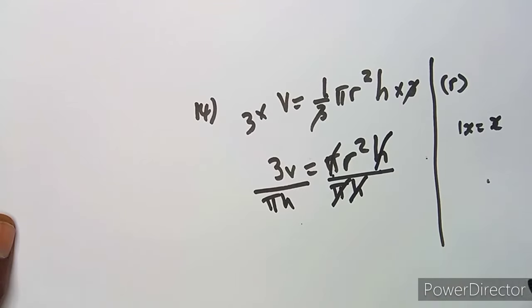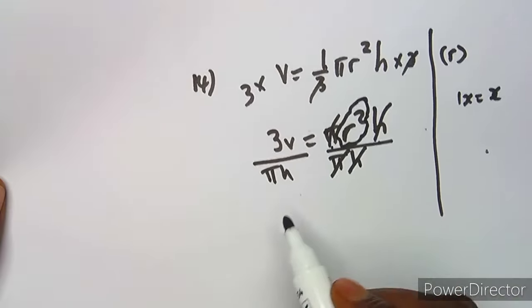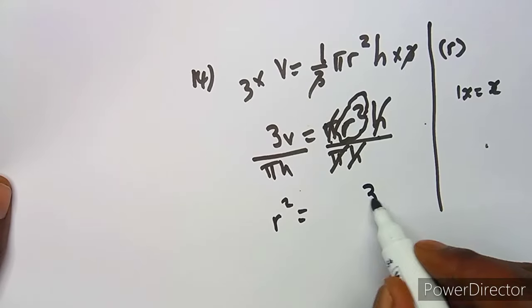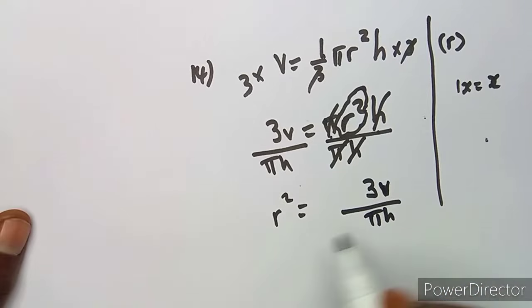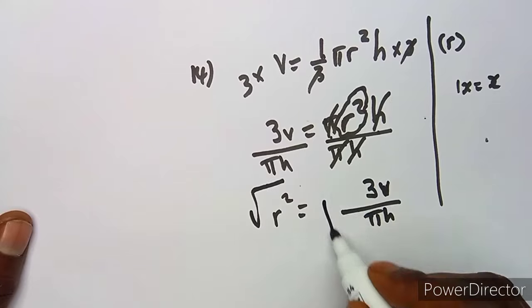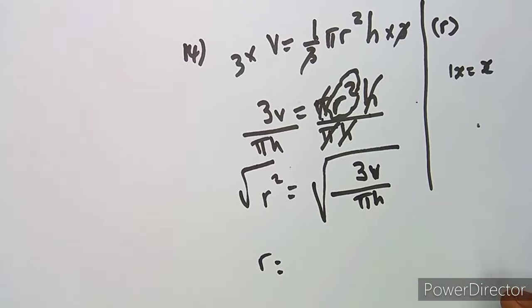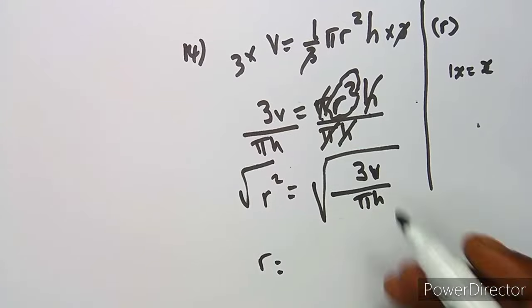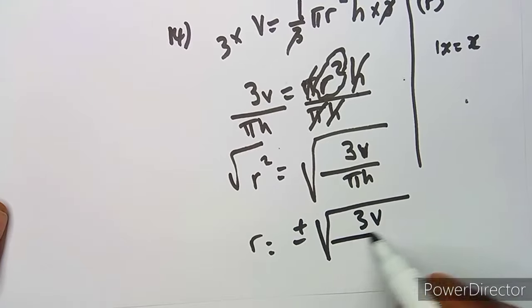The moment I divide by these two, which means I'm getting rid of this, I'm going to be left with R squared, which is equivalent to 3v over pi h. And if it is 3v over pi h, that means I can simply introduce the square root to calculate the value of r, and we are not given that this r is going to represent a volume. I mean, it's going to represent the radius and so forth. So according to the question, we're just going to put a plus or minus because of what we are given,